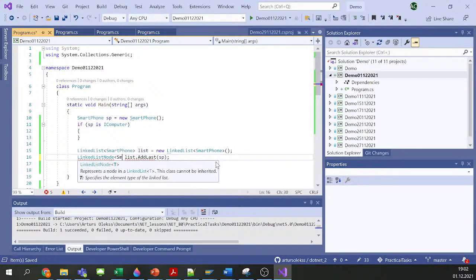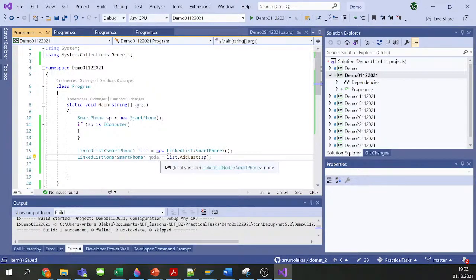That would be the node of smartphone, and I can get it from this method. Of course I need the node. And this will be the special reference which represents the position of the element in the linked